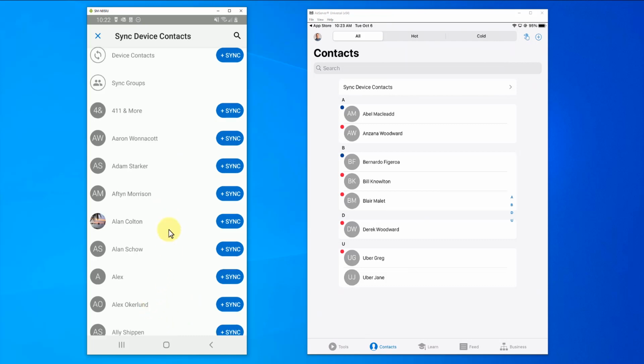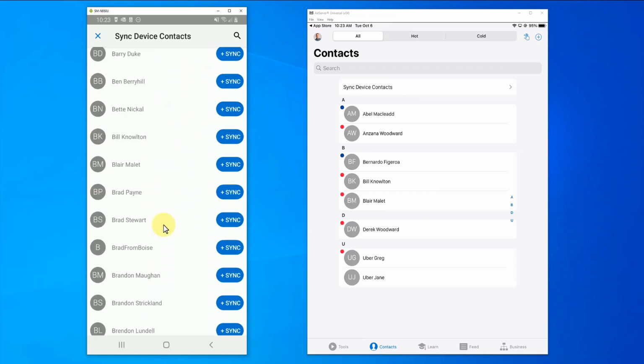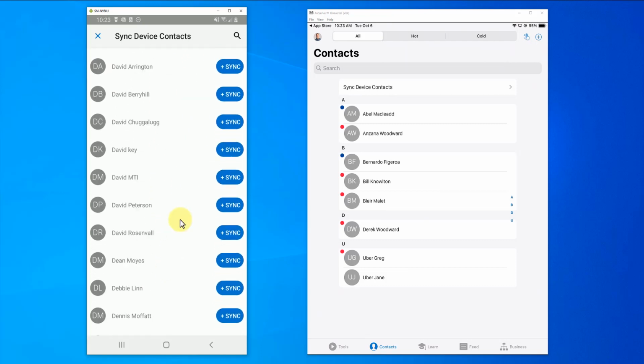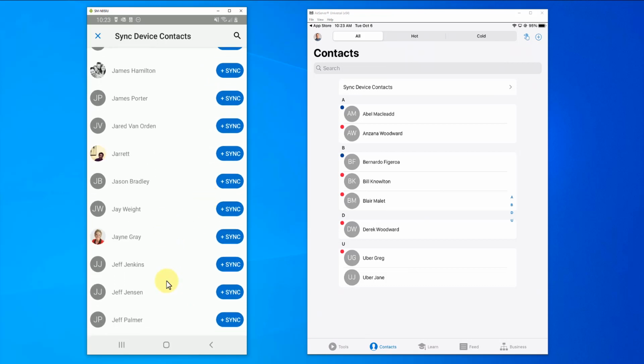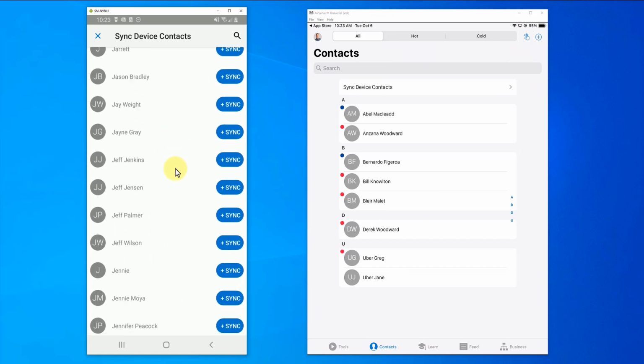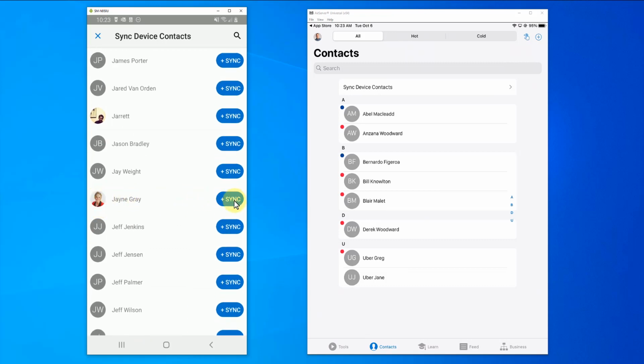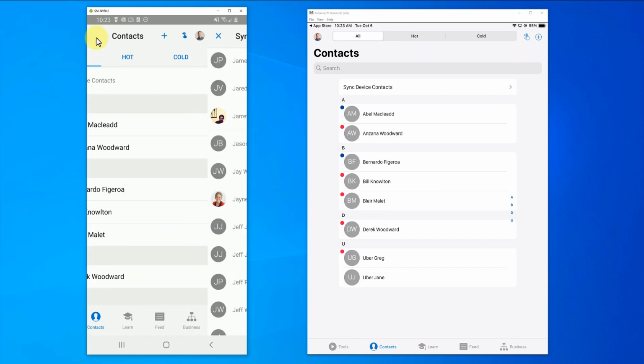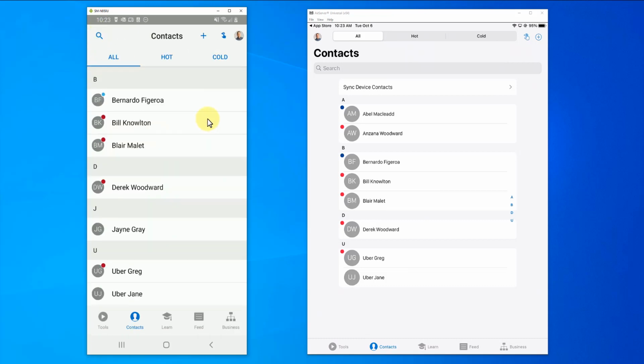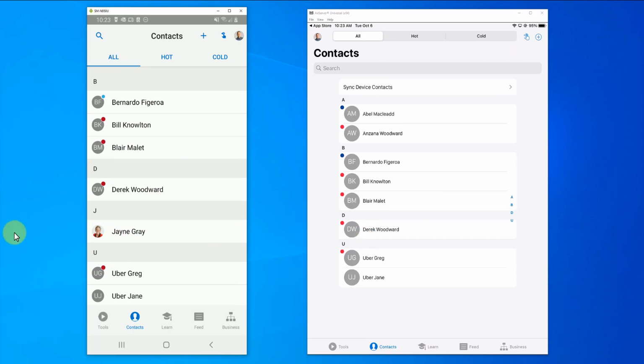And when I do that, it's going to pull up all of my contacts here in my list, and I can go through and find people that I want to be brought into the ASEA Connect app, like so. So let's bring over just an example here. You can click on the Sync button here to bring them over to ASEA Connect, hit the X, and now that contact should be added here into my phone right there.